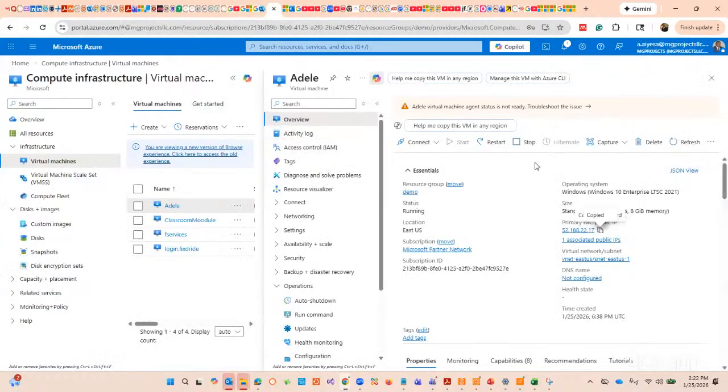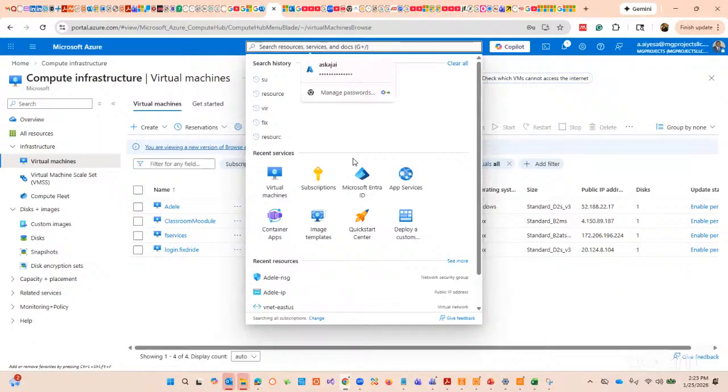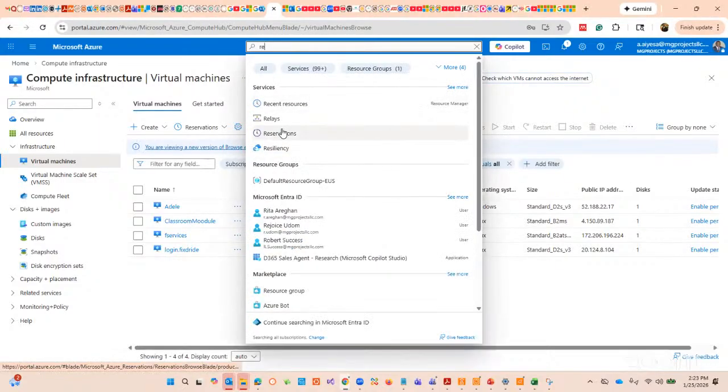Okay, so this is where I created it. So I'm going to go to my virtual machines. This time around, I want to remove this because it's running. But what I'm going to do is actually remove the resources. I'm not going to just remove this thing. I'm going to go to resource, because so many things are inside that